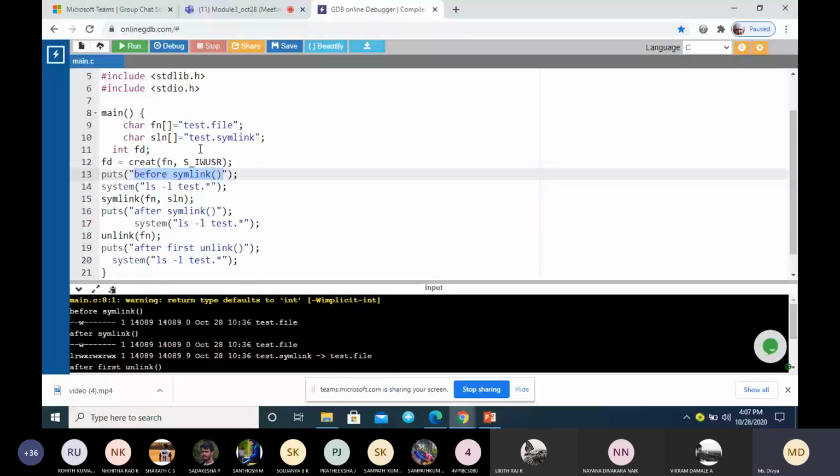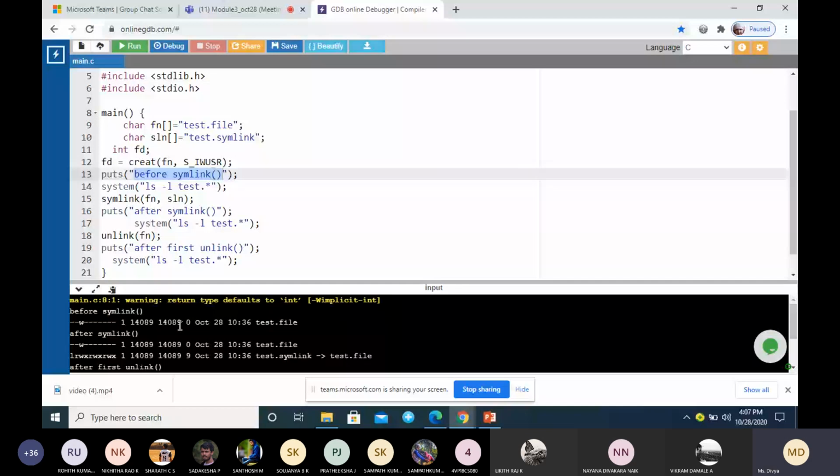It will give information only about my original file. You can see here the permission, because we have only write permission here. This is how many links we have, and the other attributes: modification time, user ID, group ID and so on.